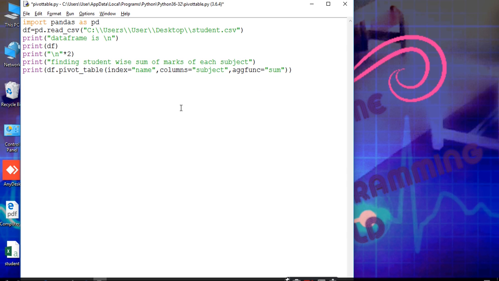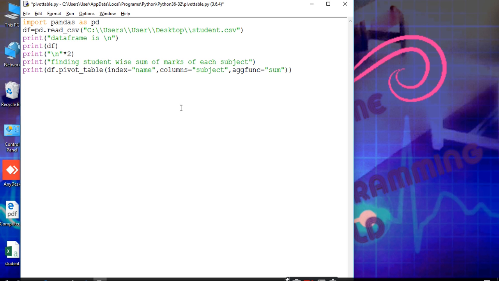Now finding the student wise sum of marks of each subject. This is different. We use student wise, meaning index is equal to name. Marks of each subject means we have to give the column name for that.